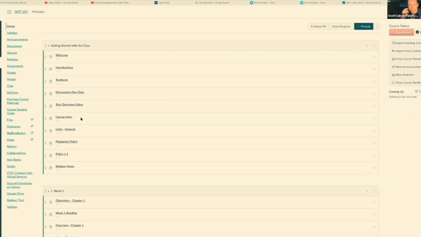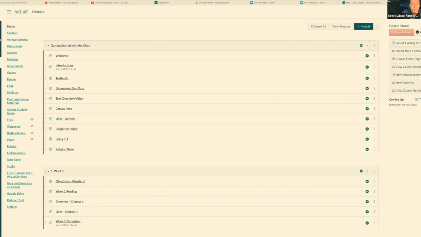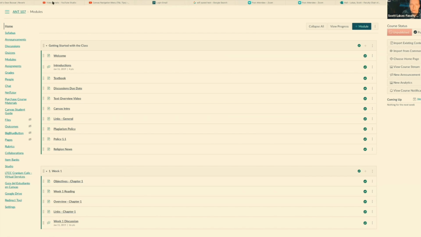I always forget the exact names for these. For your course menu, of course, this is very specific to each of your classes. So every time you teach a class, you will have different menus that reflect what you have set up. And to change everything that you see here, both the order of these and what's actually included, we'll click on our settings menu.